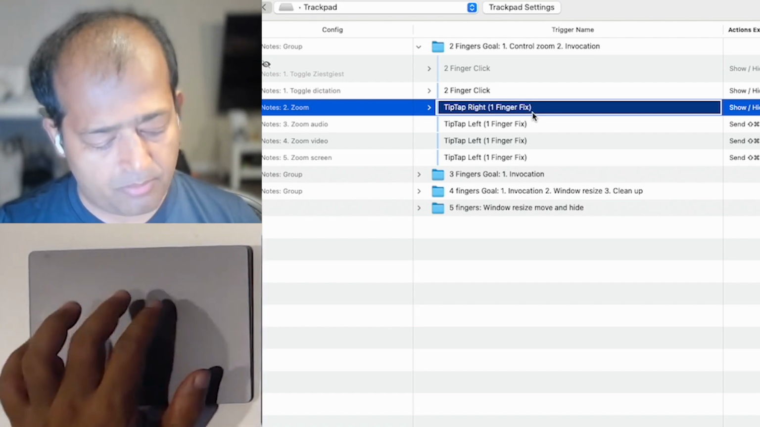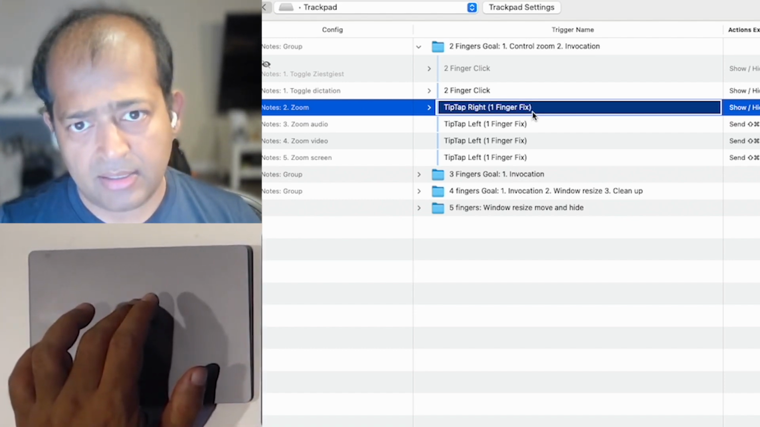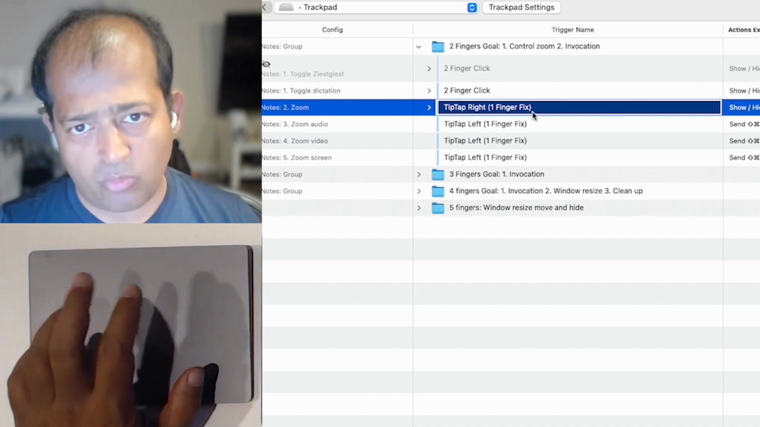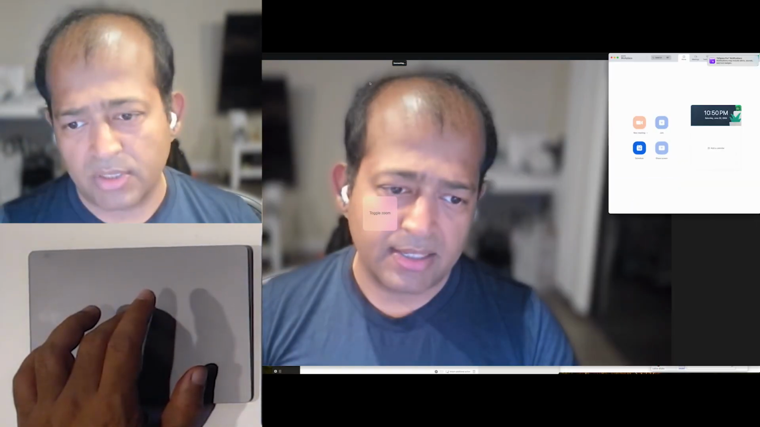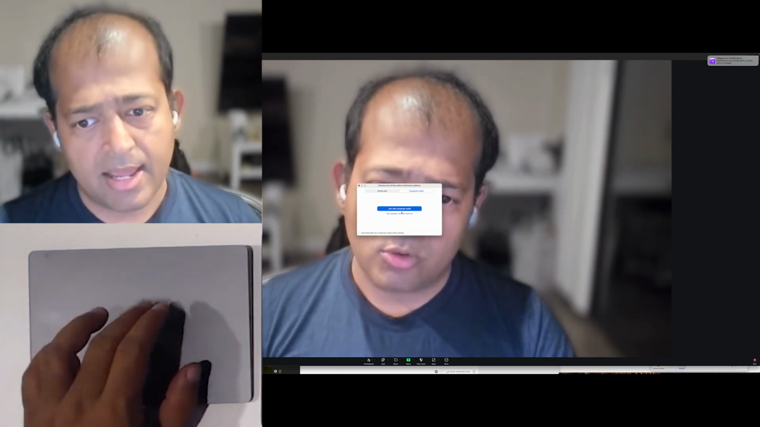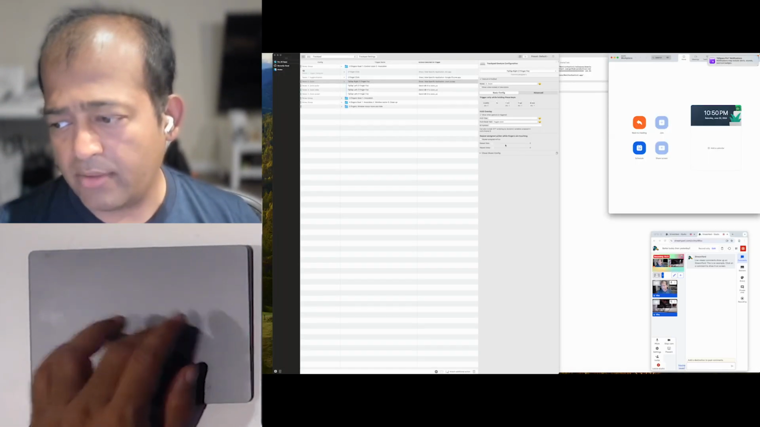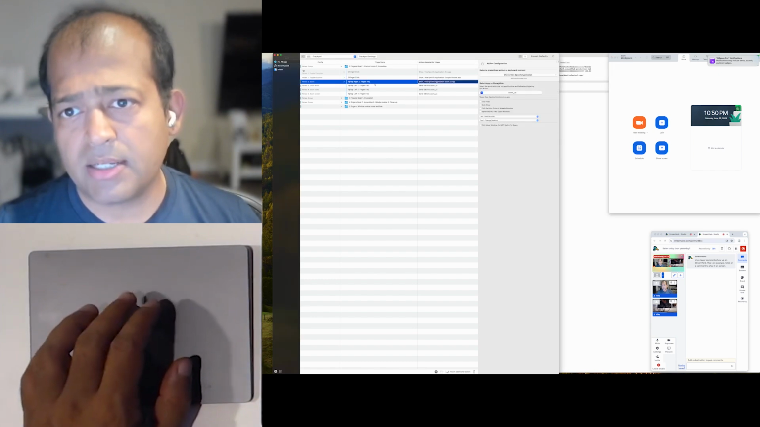That means put two fingers here, tip tap, and the one finger is fixed, and the tip tap is on the right finger. When I do this, it starts Zoom, right? And how am I doing this? So let me stop Zoom here, leave meeting. The way I do it is